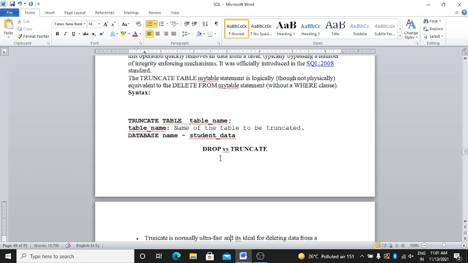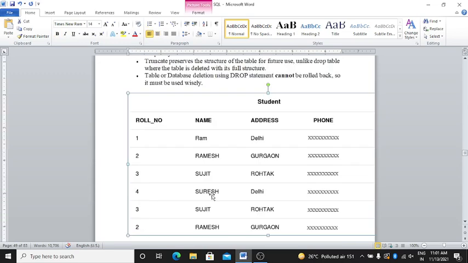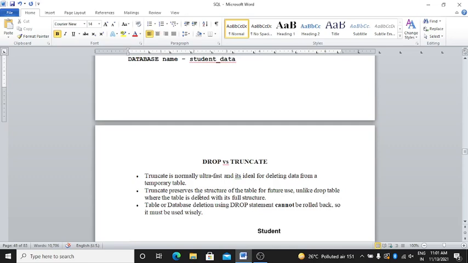The syntax is truncate table table_name, the name of the table to be truncated. Database name, student data. Now we will study drop versus truncate together. Truncate is normally ultra fast and ideal for deleting data from a temporary table.